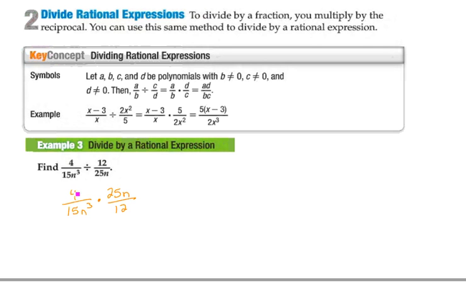So I'm going to start with that 4, and I realize that 4 goes into 4 once, into 12, excuse me, 3 times. Now I'm going to look at that 25 and 15. I see that they have a 5 in common, so 25 goes into 5 times, into 15 3. And then I'm down to my n's. I realize they both have an n, so the n in the numerator cancels. I'm left with n squared in the denominator. Now that I have an ugly mess, I have to figure out what I have. I have a 1 times a 5 in the numerator. I have a 3 times a 3 times an n squared